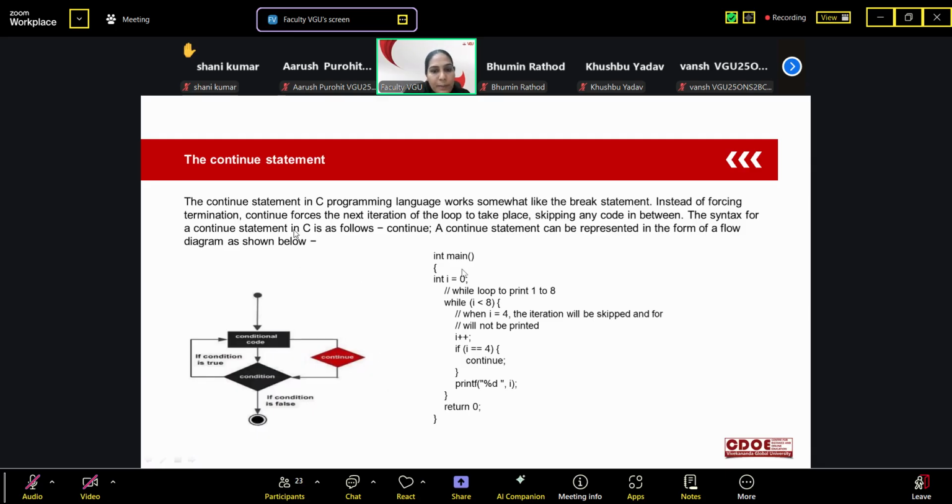See here in the program, the main function is there, then int I is equal to 0, a while loop to print 1 to 8. We want to print the numbers 1 to 8. So with the while loop, we are checking I is less than 8. When I is equal to 4, the iteration will be skipped. 4 will not be printed. Always we are doing I plus plus and checking the condition I is less than 8. So the loop will go 0 to 8. Just tell me, 0 to 8 will go,